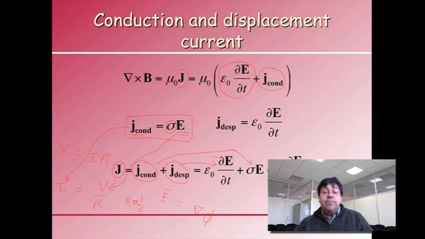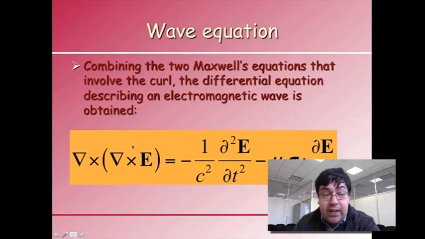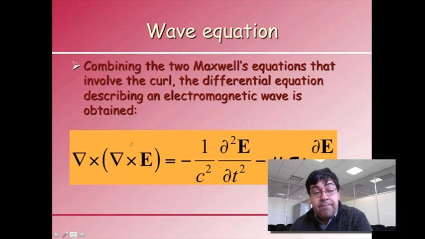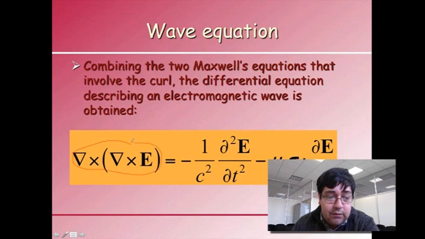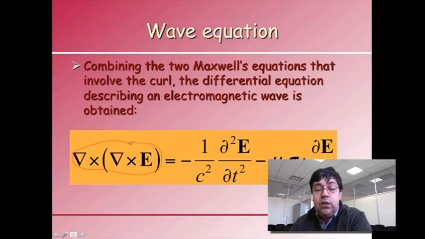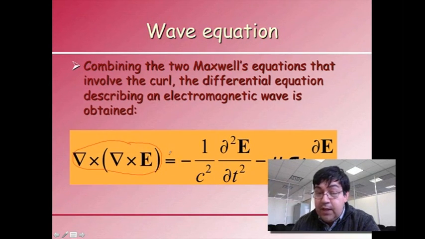So these 2 add to each other, and now on this side I just have the result of taking the rotational of a rotational, which is basically the consequence of combining the 2 equations. Now, I'm going to have two terms on the right-hand side. The right-hand side has a second derivative of the electric field with time,